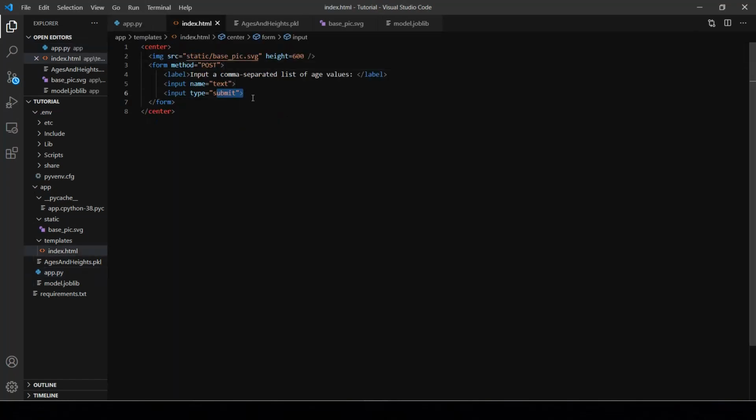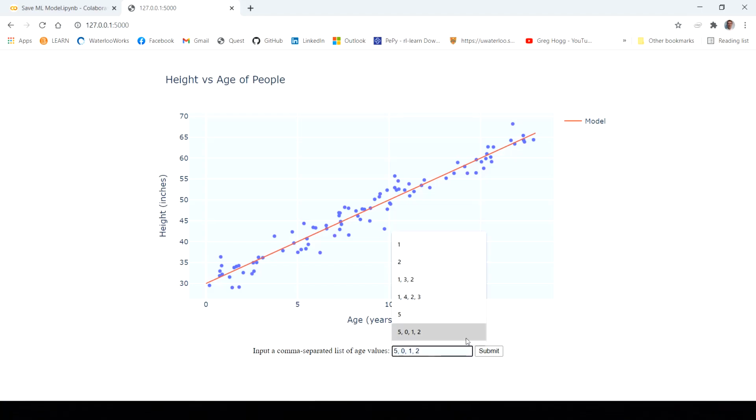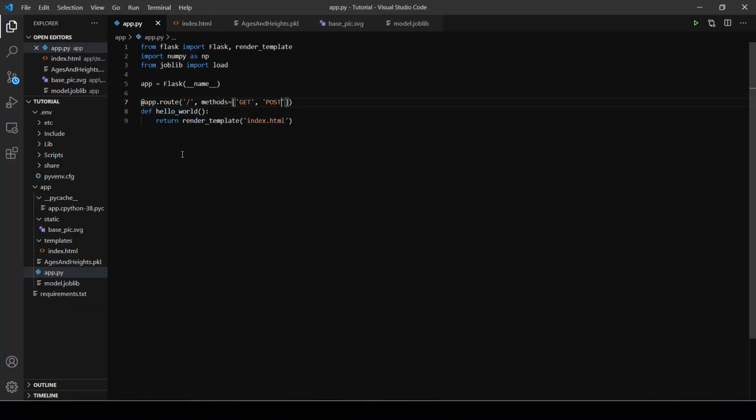We're trying a post method when we click submit. When we click this button here, it's trying to do a post. You can see here, method equals post. It's going to do a post method, but that's not allowed on this URL. On slash, by default, the only methods available are get. So we have to set methods equal to a list of the allowed ones. We can allow get methods. We can also allow post methods. And now if we rerun our app, okay, let's try it again, say 12, we submit. Now it doesn't do anything different, but at least it didn't crash, because we called this function, and we still returned render template. It was allowed because we did a post method, and it didn't do anything, but we still returned